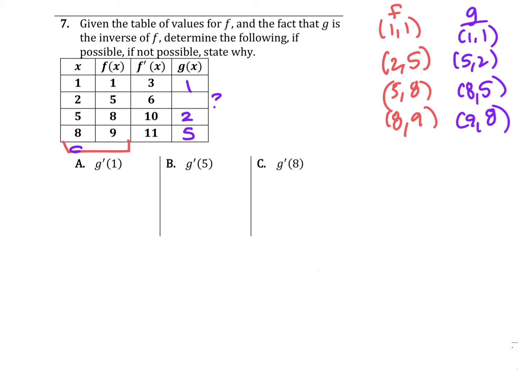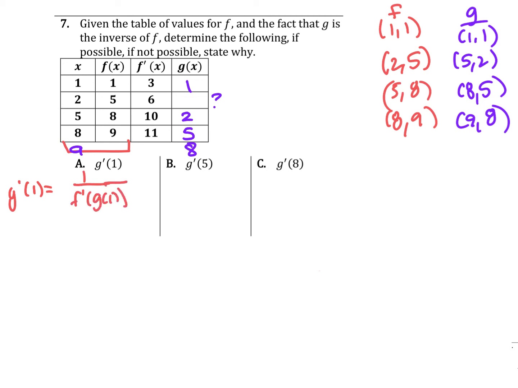And I can add a column here. When x is 9, g of x is 8. Since this is a multi-part problem, it seems worthwhile to just do all of that up front. If it was a one-part question, maybe I wouldn't spend the time doing that because maybe I only need one of those values. But I think it's helpful to just put everything out there that we know at the beginning. So for part A, to find g prime of 1, I need 1 over f prime of g